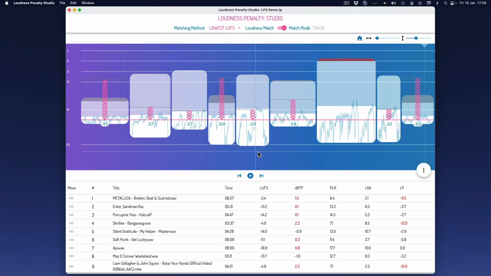To me, the loudest sections of tracks like My Helper and Aja actually sound considerably louder than the loudest sections of any of the super high LUFS examples we have here. You know, let's compare the Liam Gallagher and John Squire example. I can see